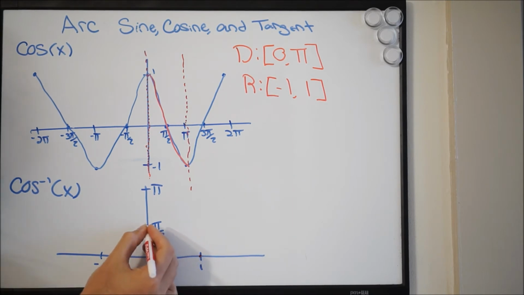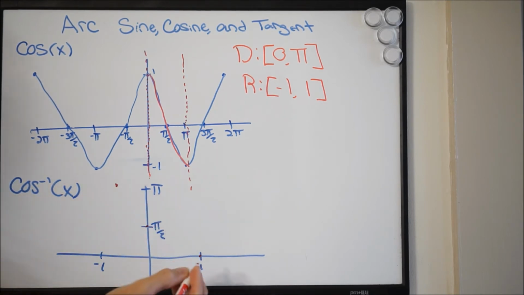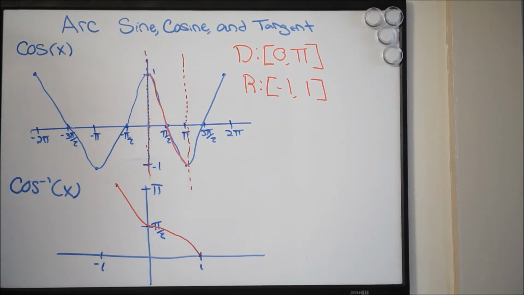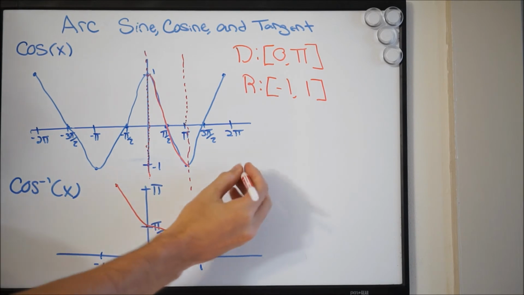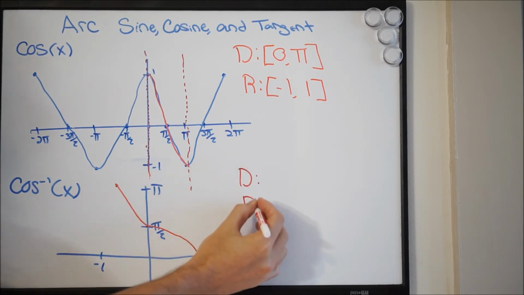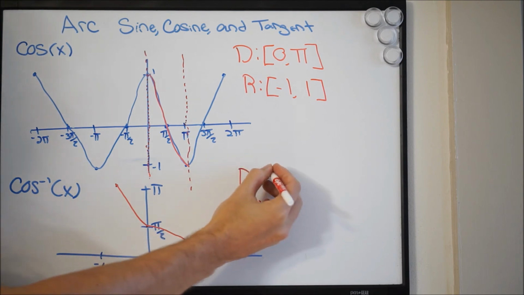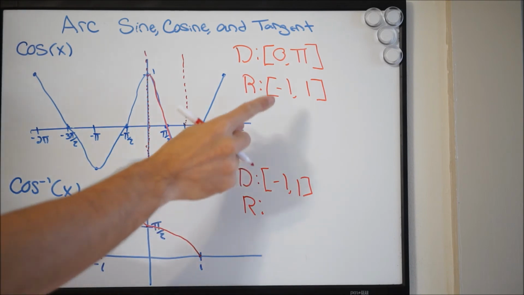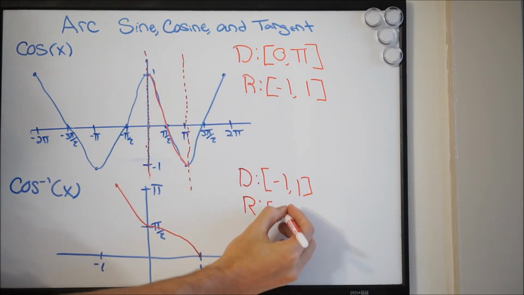So I'm going to make my points here. We'll have something that looks like this. And again, we can rewrite the domain and range here, because now we're dealing with the inverse. Same thing as before when we're dealing with arc sine, we know that the domain and range are simply going to flip, because it's the inverse. So we can write here our domain and range. My domain here will be negative 1 to 1, and then my range will be 0